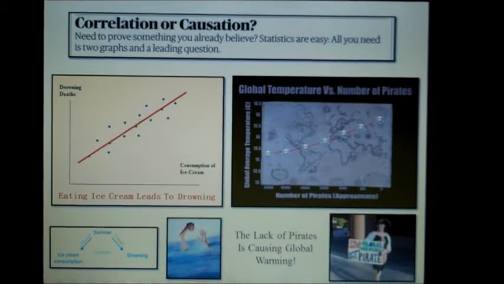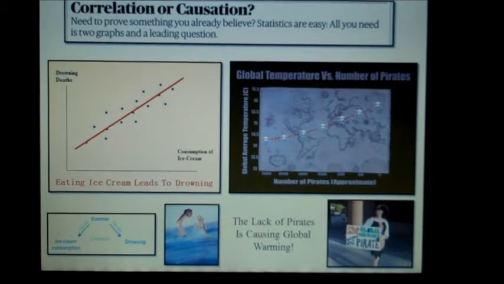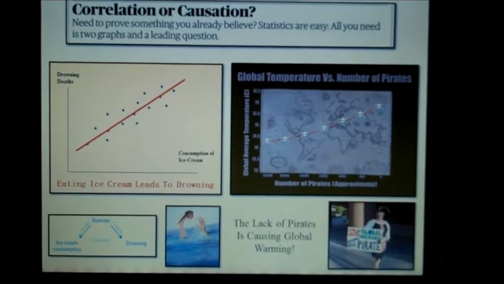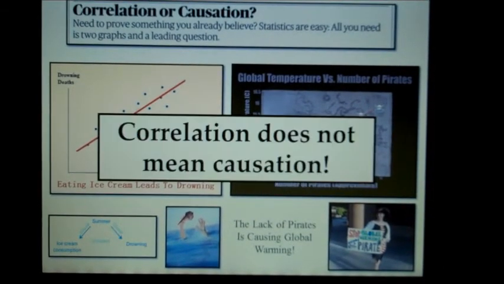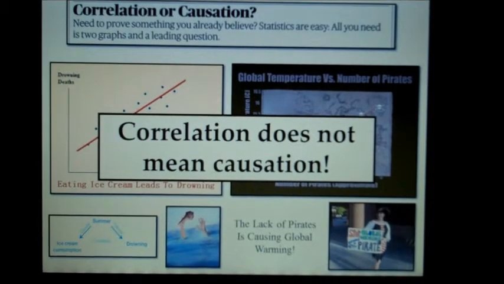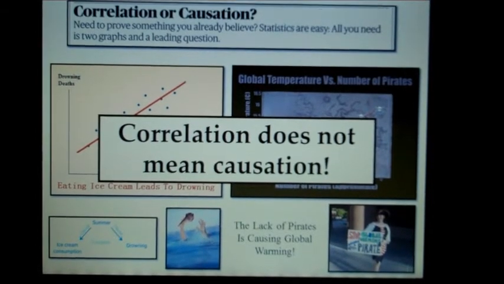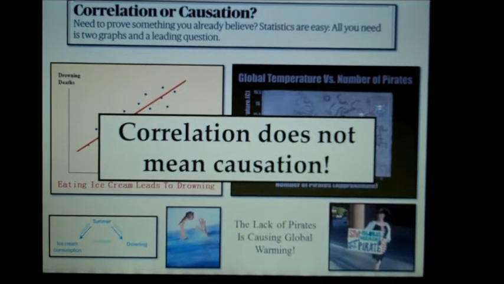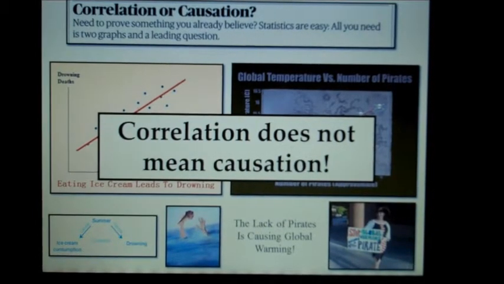There are probably several other factors at play, but with these charts we can kind of manipulate knowledge, and the media loves to do this. But remember, correlation does not mean causation. Just because two things have a naturally existing relationship doesn't mean that they cause each other. You can take any two variables and talk about their relationship, but oftentimes there's a third or fourth or even just multiple variables that might also be important or be kind of influencing what we're looking at.